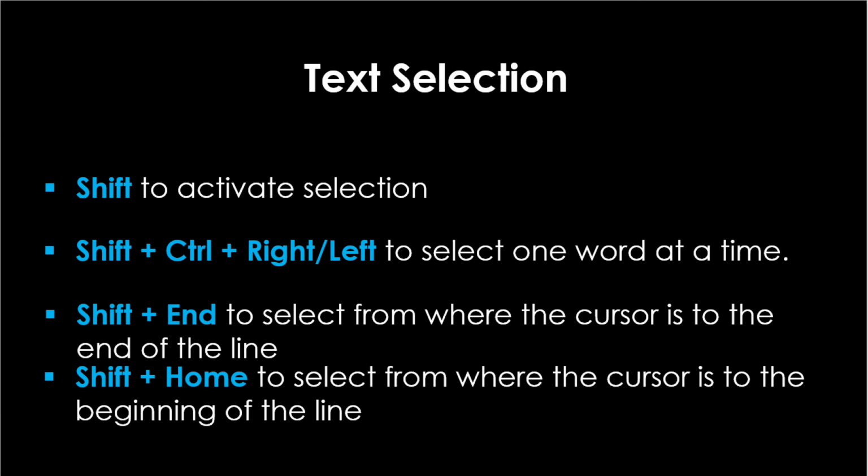You can also use Shift and End to select anything from where the cursor currently is to the end of the line. If you want to copy or cut the current line, you don't need to select anything. Just press Ctrl C for copy and Ctrl X for cutting. And finally, to select everything in the current file, press